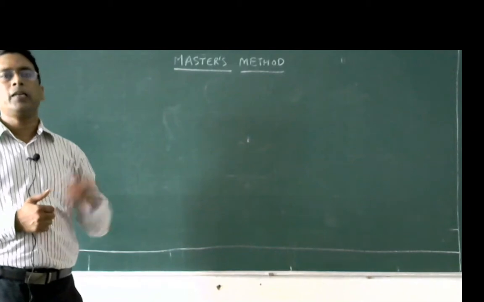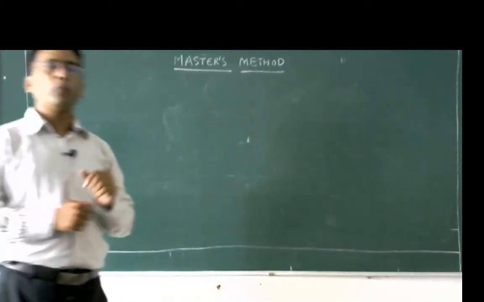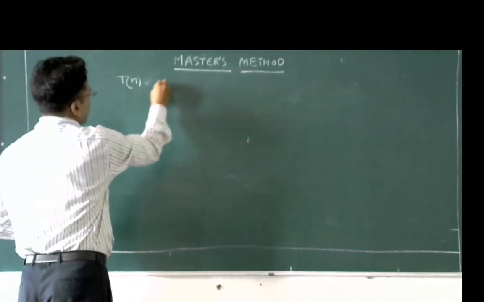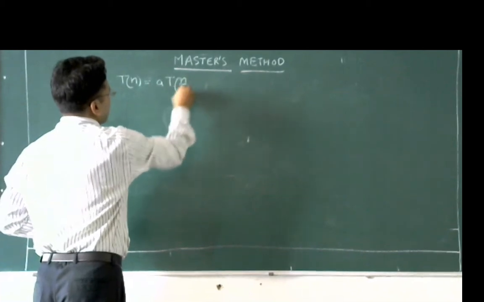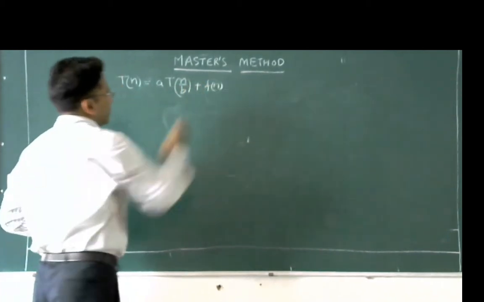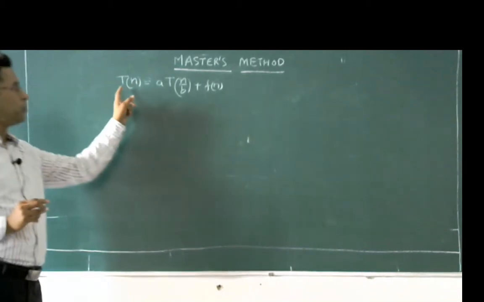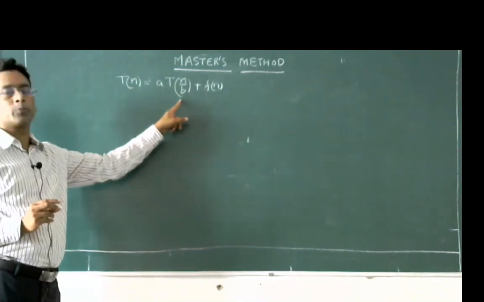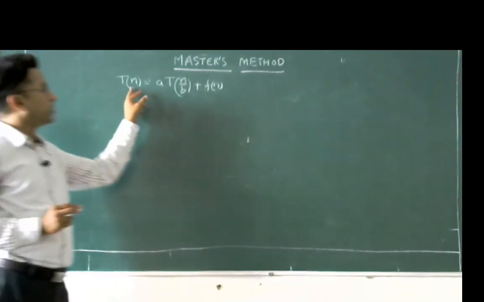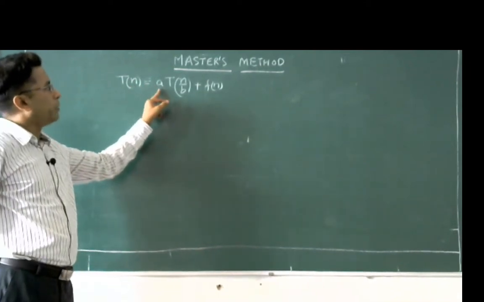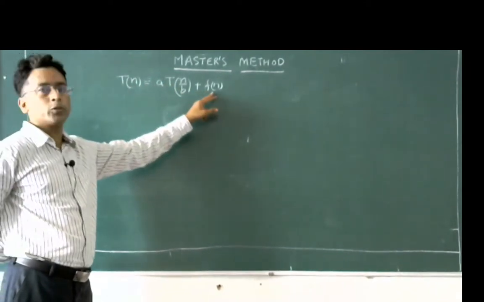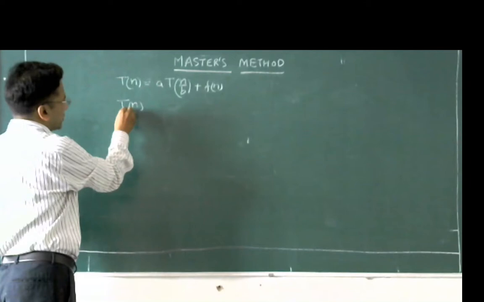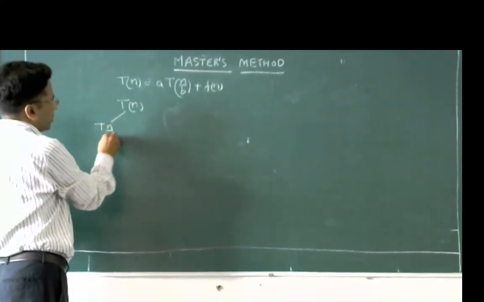The formula supported by the Master theorem is like this: T(n) equals a T(n/b) plus f(n). This formula represents that a problem of size n is being divided into a number of n/b size problems, and the cost of dividing the size n problem into n/b size problems is equal to f(n). If I draw a diagram, it will appear like this: T(n/b),